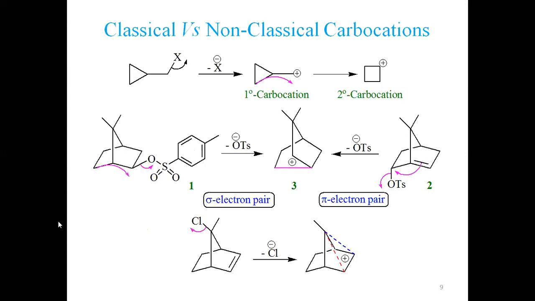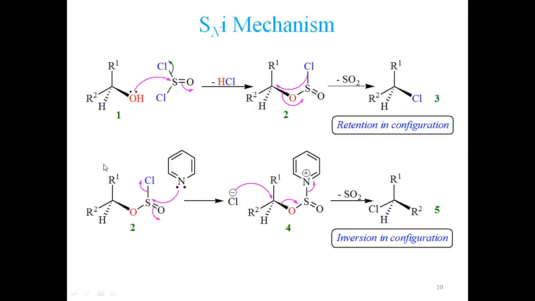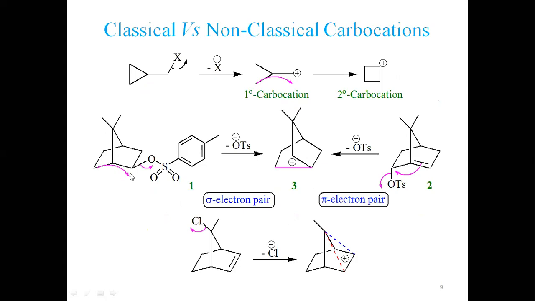Now look at here. If this sigma bond transfers from this position to that carbon, this bond is transferred here. You see, this carbon makes a bond with this, not with this. So this carbon becomes positively charged. This is a secondary carbocation as well. Now look at here. If this OTs is not present here, but is present on another carbon and the pi bond is here, then this OTs is leaving and this pi electron density is transferring. So both of these generate the same cation.